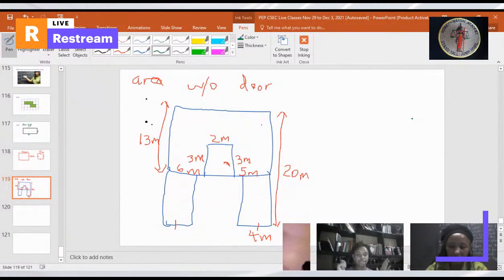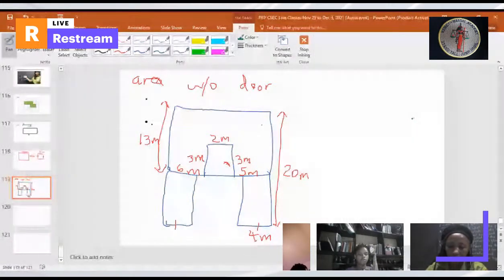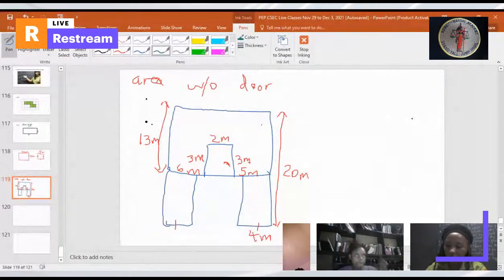Since the long side, miss, I started with the two legs. So since the long side, we know that the full length is 20 meters and the length of the top rectangle is only 13 meters. I subtracted the 13 from the 20 to get the length of the bottom foot, which would be 7 by 4, which would be 28 meters squared. And then for the top, since again we know that the length for only the top is 13 meters, we would have to find the